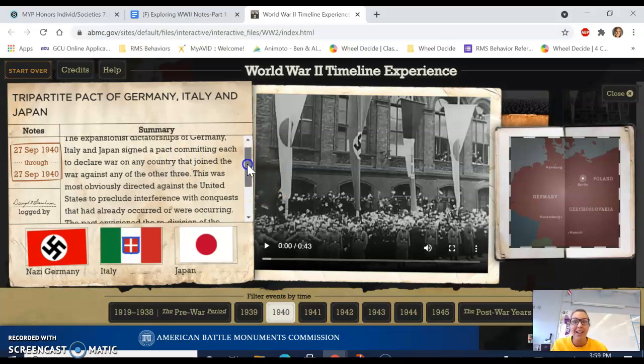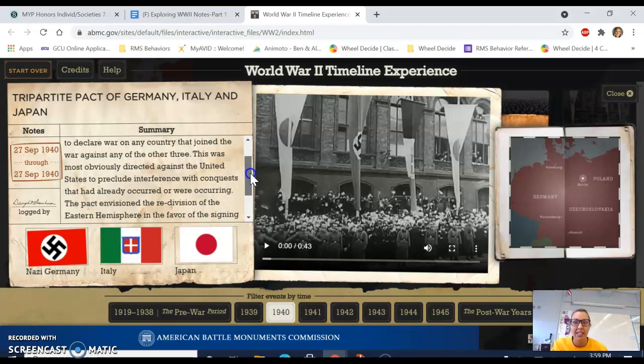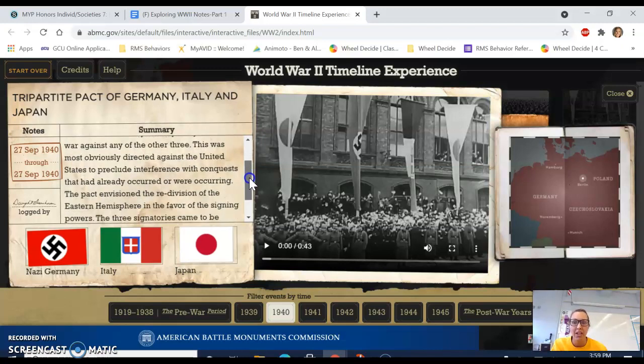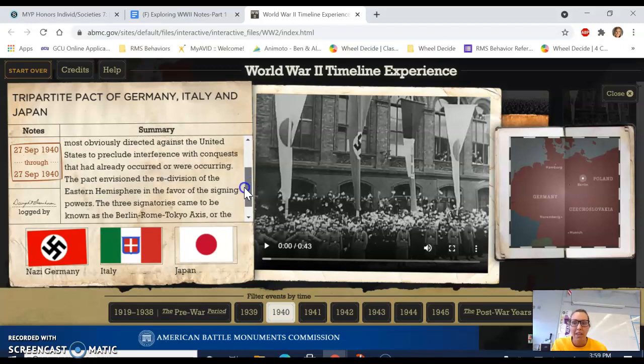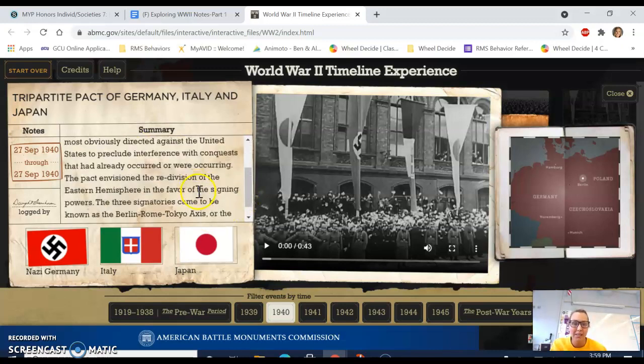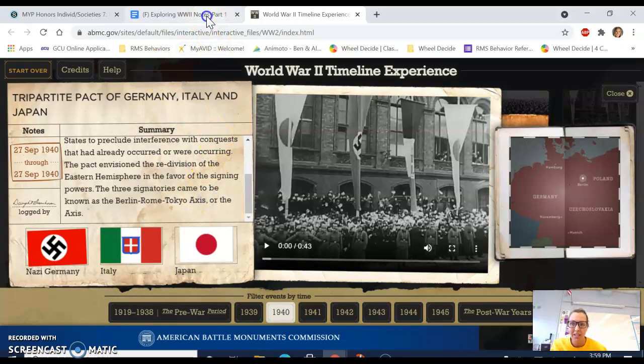This was most obviously directed against the United States to preclude interference with conquests or battles that had already occurred or were occurring. The pact envisioned the redivision of the Eastern Hemisphere in favor of the signing powers. The three signatories came to be known as the Berlin-Rome-Tokyo Axis, or the Axis powers. So, our two facts that we might want to write about are